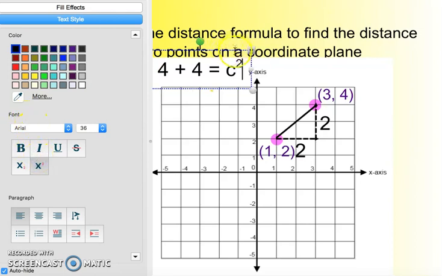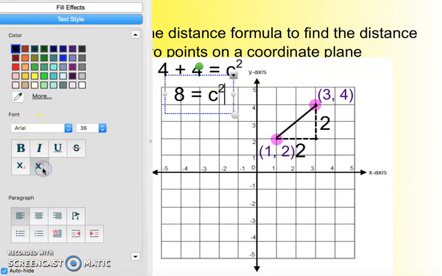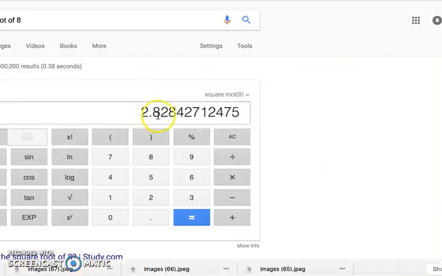Now I know 4 plus 4 is 8. And now I just need to find what c is. And in order to do that, I need to square root it. And so if I'm going to square root it, I got to make sure I square root the c as well. If I take the square root of 8 and put that in the calculator, I know that I'm going to get